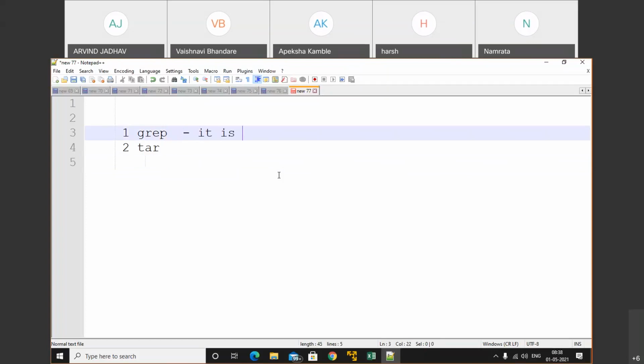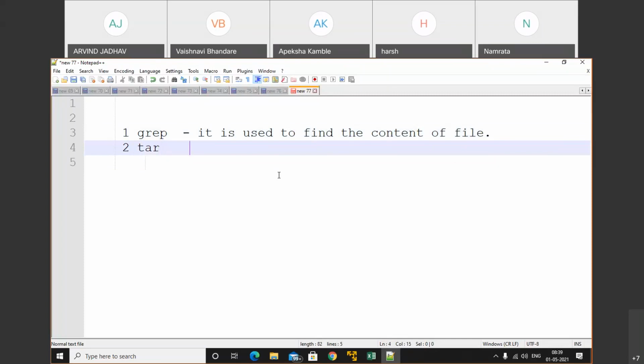In the grep command, simply, it is used to find content. If you want to check the content of a file, then we need to apply the grep command. Make a note of that. The grep command is applicable only for files. We cannot apply this grep command on a directory. We cannot apply it on links also. It is applicable for files. That means if you want to use a grep command, then simply we can use it on a file.